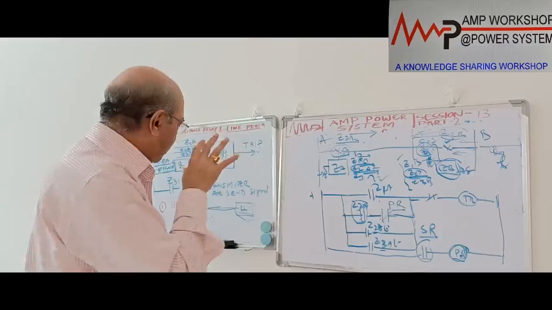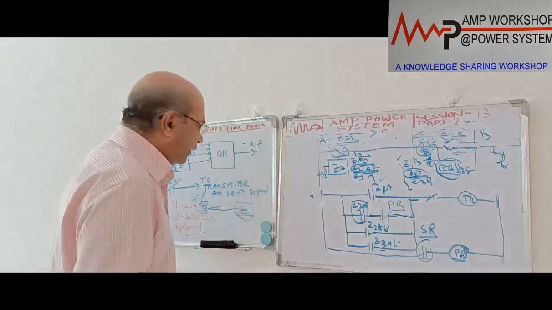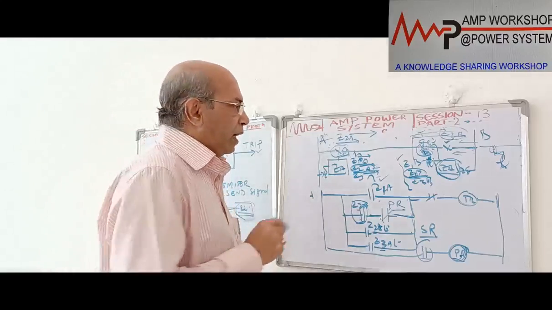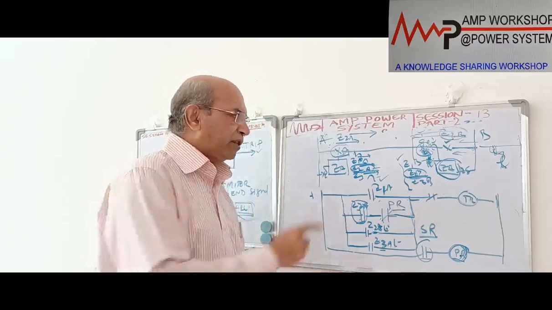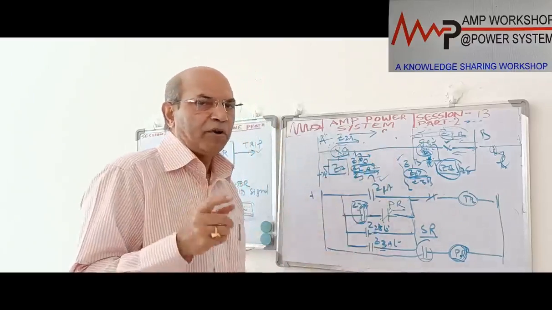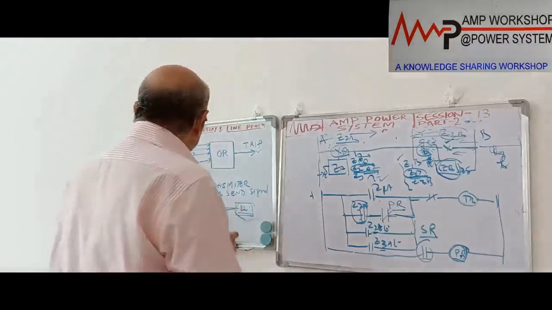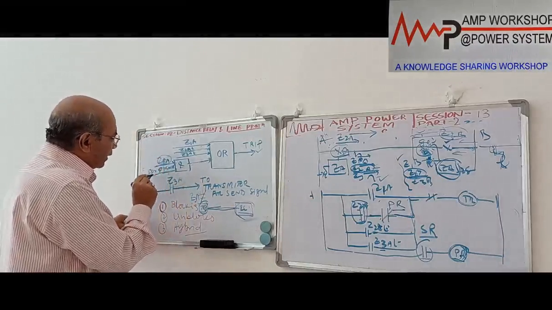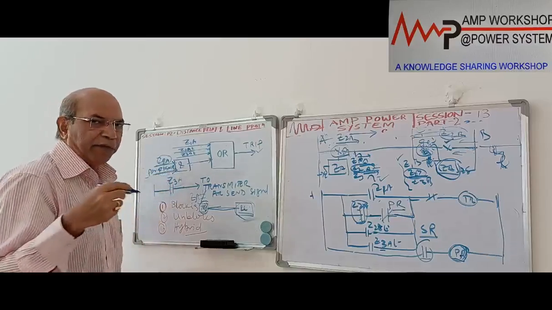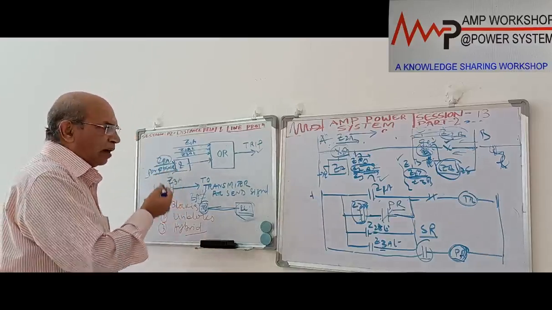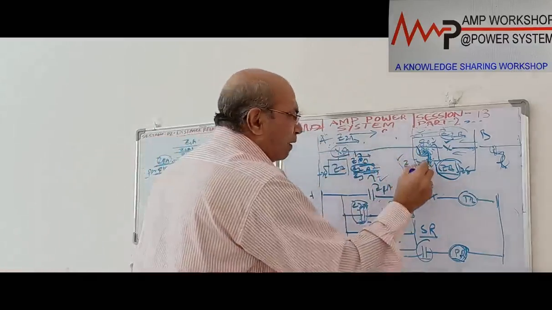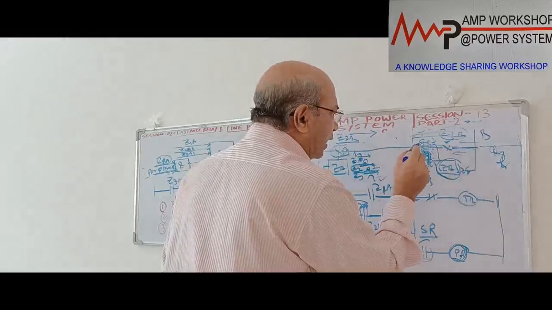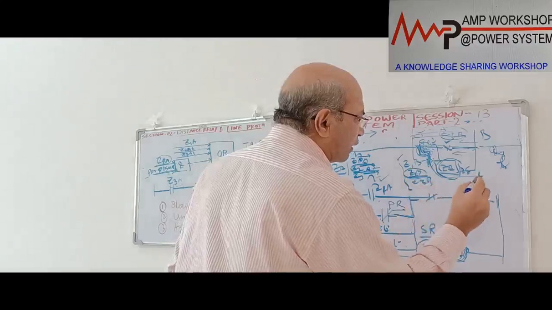Now this is similar to the permissive overreach scheme. But in the case of the permissive overreach scheme, there is a small problem. The problem is that the channel must be present for tripping. Because you see here, this end zone fault is cleared how? Zone 2 element and the signal received. But if the channel failed or the signal does not come, though the fault is inside the line, due to channel problem or the transmitter, because when this element operates, this end area operated, then immediately it will give signal to the transmitter, right?